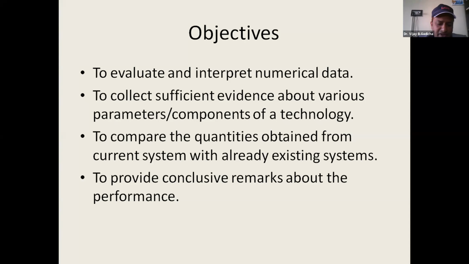For example, let us consider already existing dual core machines. Now you are doing the research to speed up these dual core machines into the i3 machines, i5 machines, i7 machines. So the number of instructions getting processed by i3, i5, i7 will tell you whether you are faster than dual core or not. So this statistical analysis is going to give you evidence that whether your parameters or components of a technology have really been enhanced or not. The third objective is to compare the quantities